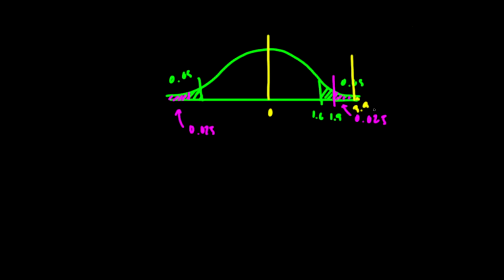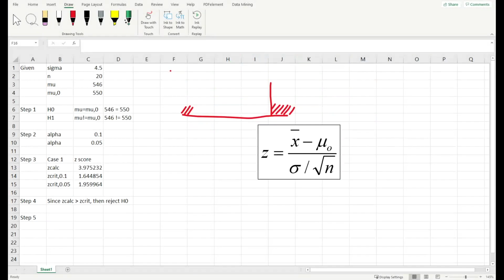So this 3.9 is well within the region, no? Right? So that's why it's easy to compare, because if we're on the positive side, if it's greater than, it means it's further to the right, further within the critical region. But when we go to the left, it becomes confusing, no? Because it becomes negative, it should be less than, because it has to be more negative to be within the critical region. And if I show the Excel value, you will get what I'm trying to say, no? So for example, this,